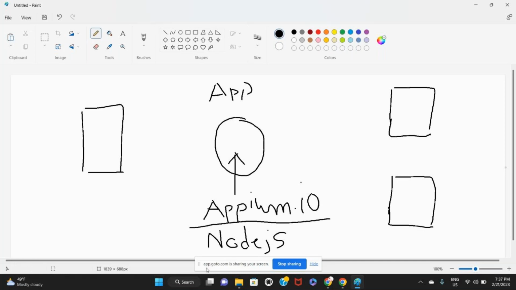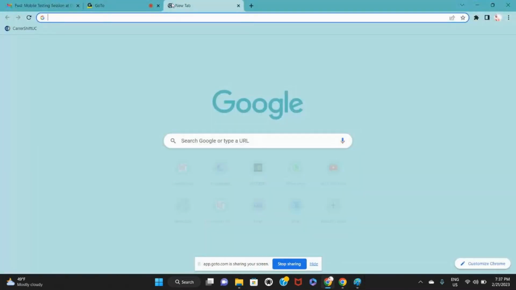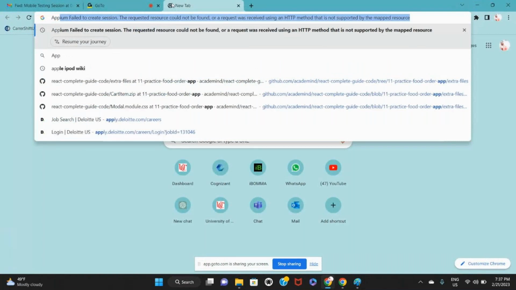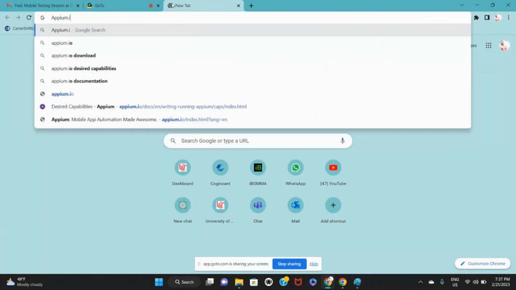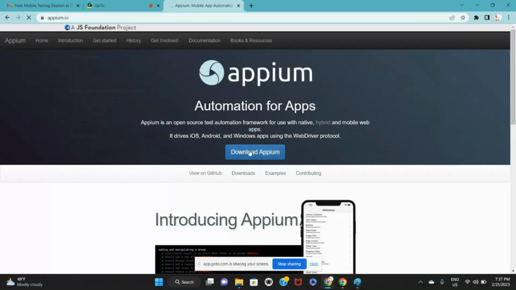Let me show you the websites in parallel, so that you'll get an idea. When I say Appium, there is a website called appium.io. Here you could just click on download, so that the relevant executable file gets downloaded, and you just need to go ahead and install that. Just to give a glimpse of it,